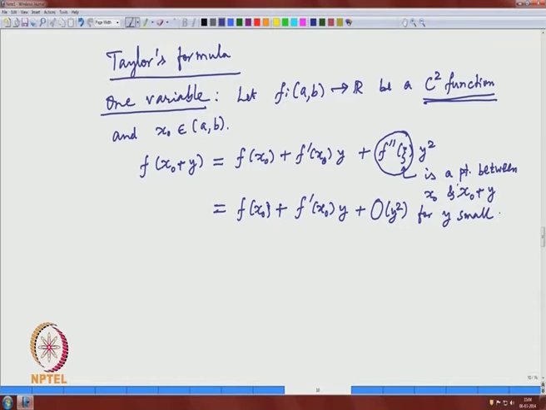Okay. And this is very much used in linearization of nonlinear equations. And now, once we have this for the one variable case, we will see how to extend it